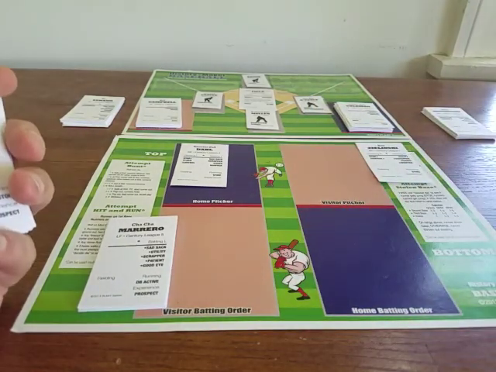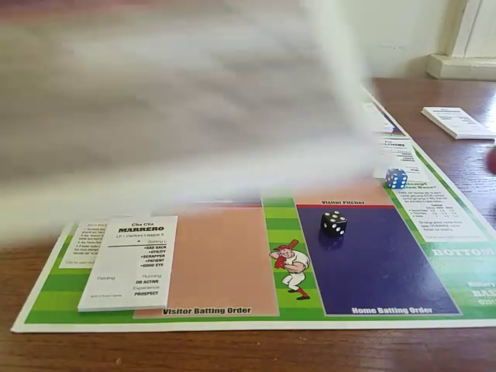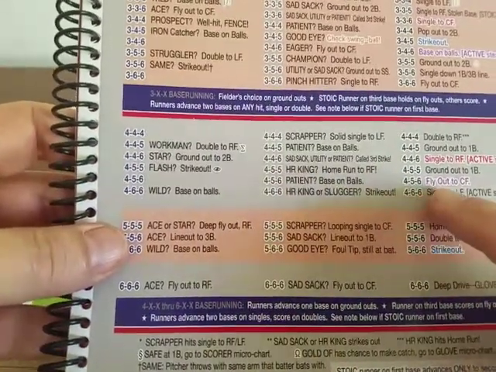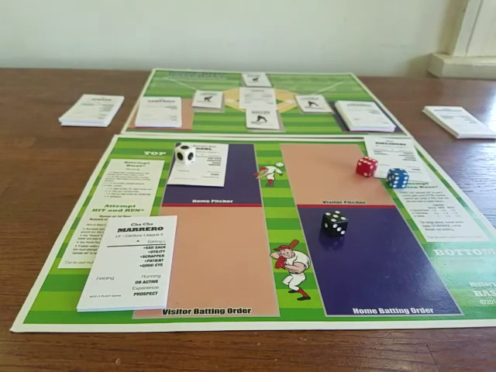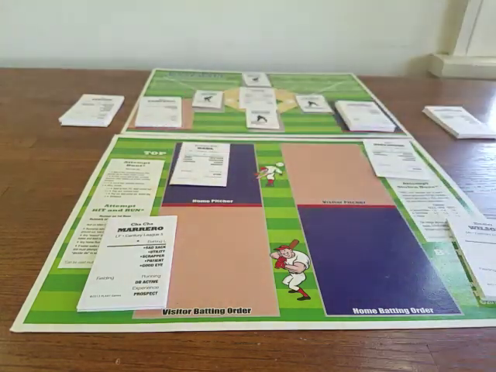So Big Joe, 4-5-6 for Big Joe. Blank for the pitcher. Is he patient? Big Joe is not patient. So he will fly to center, and that's going to end the bottom of the 6th with nothing doing. And that result was in purple, so we're going to the chemistry chart for the first at bat of the top of the 7th. And Dahl,